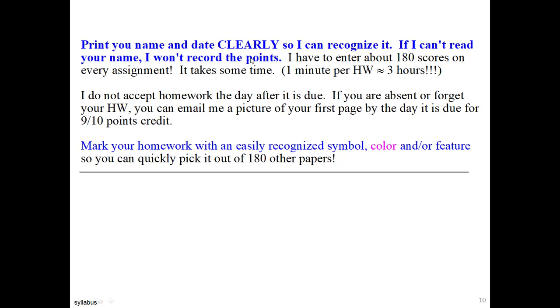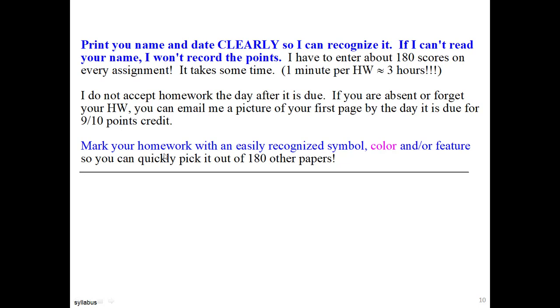Print it clearly. I do not accept homework late, so it's the day that it's due. I get it or I don't. If I don't get it, then you get a 0. Okay, if you're absent or if you forget your homework and you did it, you can email me a picture of your homework,